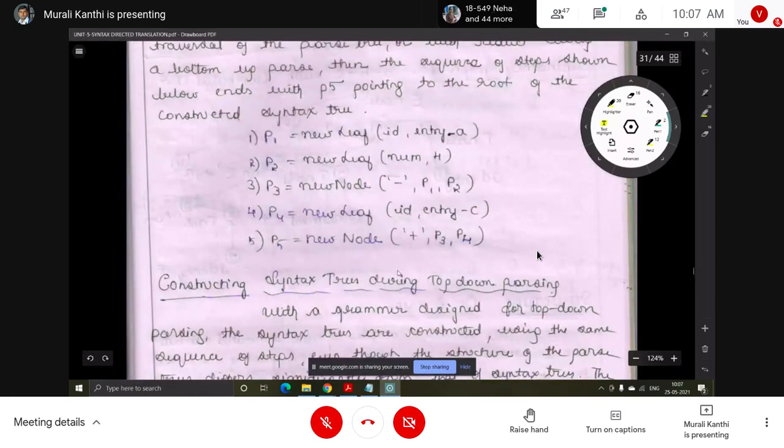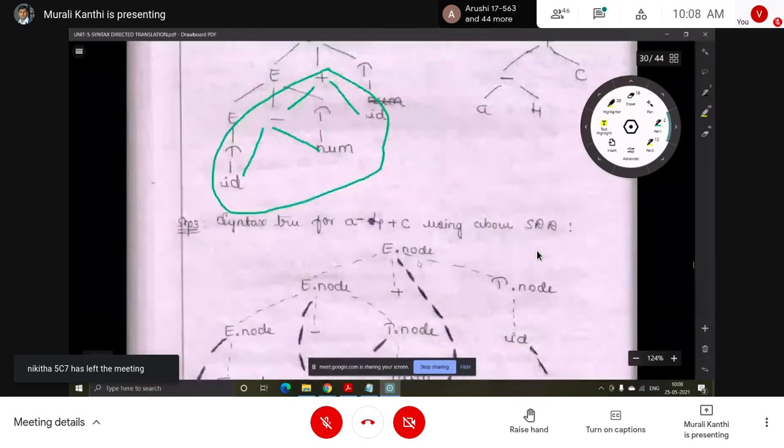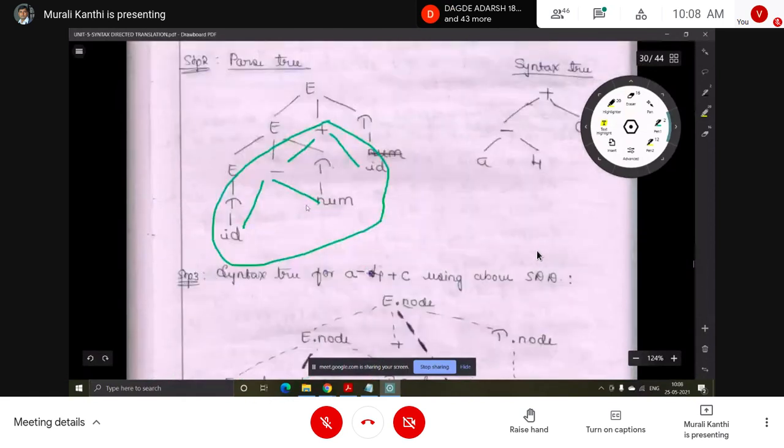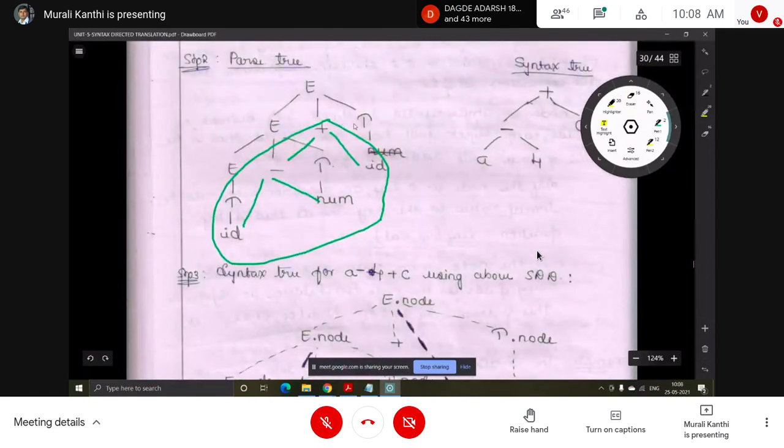The application of this syntax directed definition or translation is the construction of syntax tree. If the syntax tree is constructed, then implementation is easier. Can the parsed tree be converted into code easily? Not possible, it is a difficult one. Why? Because it consists of non-terminals and terminals.